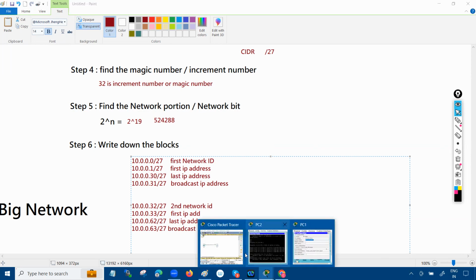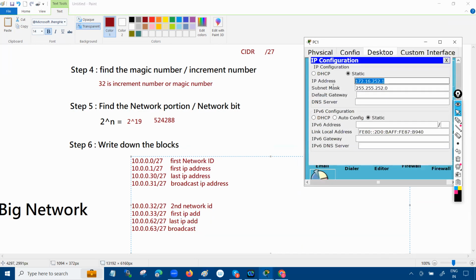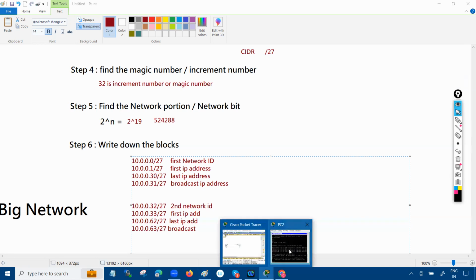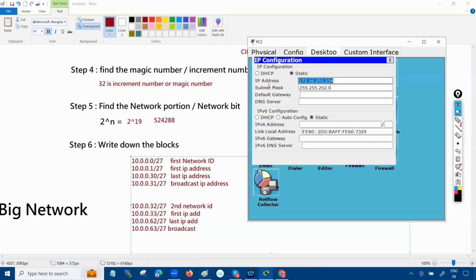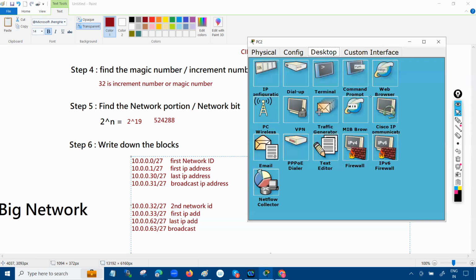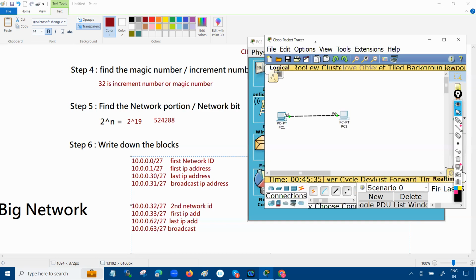Go into Cisco Packet Tracer with PC1 IP 10.0.0.1. To what do we have to divide? /27, right? 224. This guy should be 10.0.0.30, 224. So now the thing is,